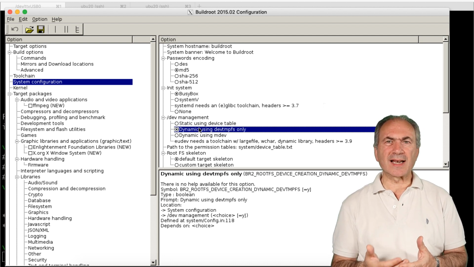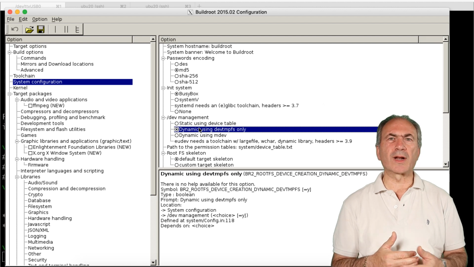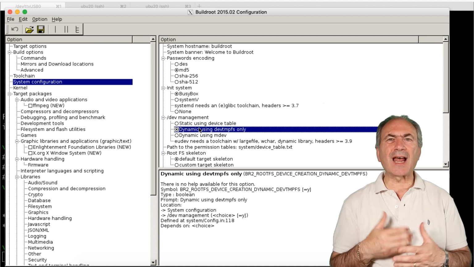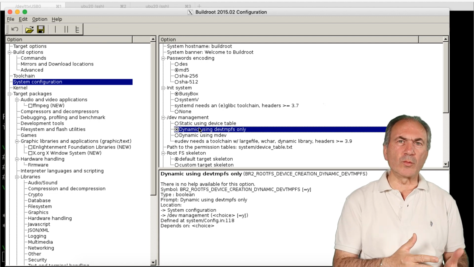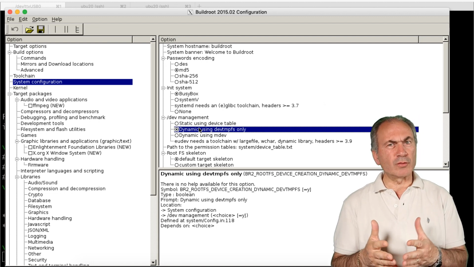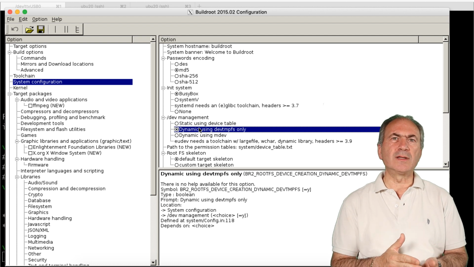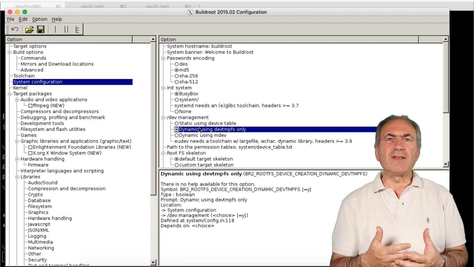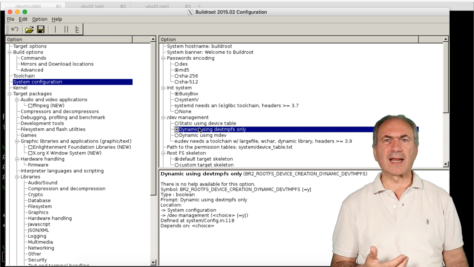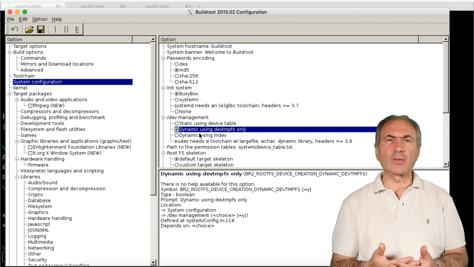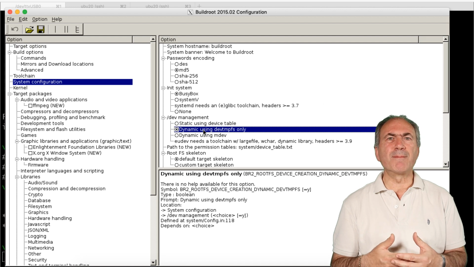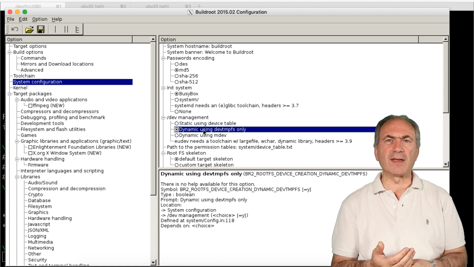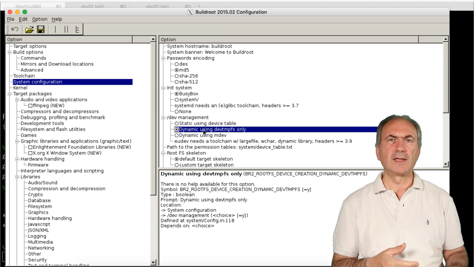Dynamic means that /dev will be mounted on a temporary file system and dynamically populated based on the devices attached or removed from the system. We have two possibilities, one with devtmpfs, having the kernel populate the /dev directory, the other with mdev. We select devtmpfs, which is the more traditional dynamic way of populating /dev.